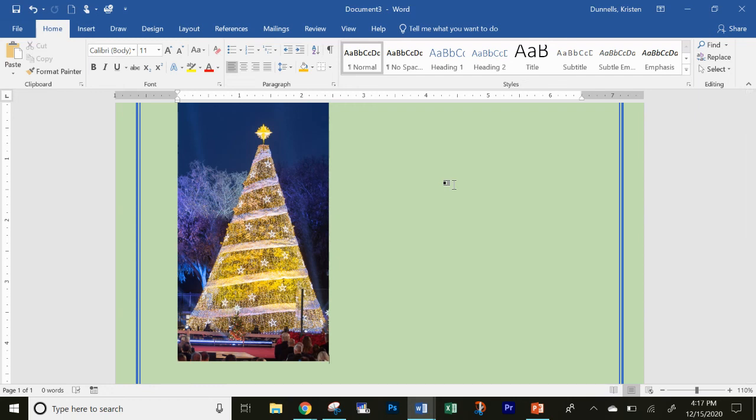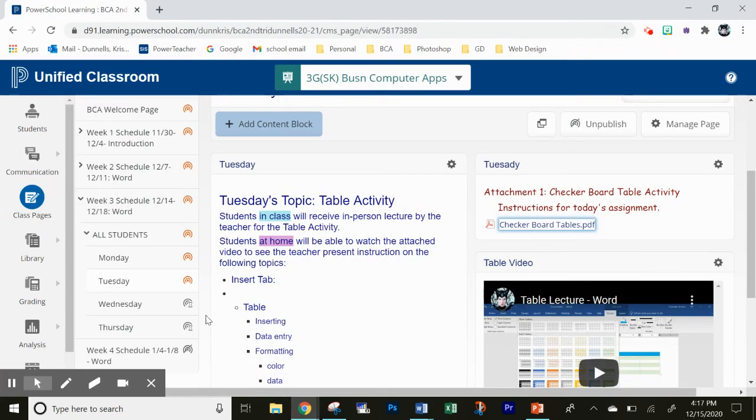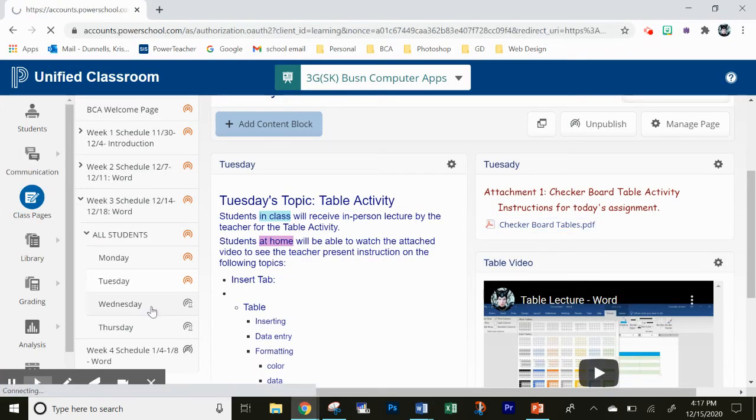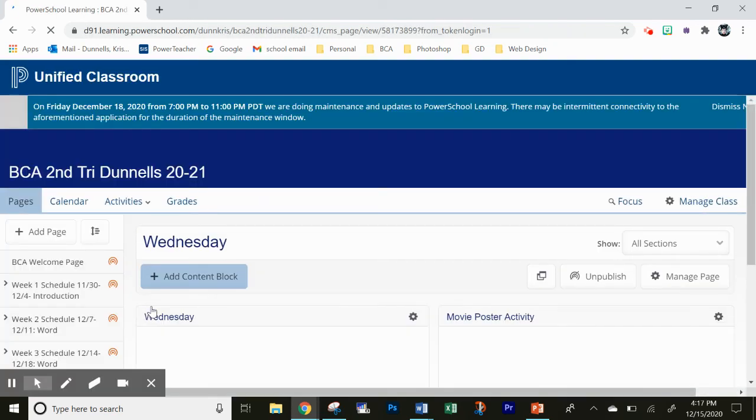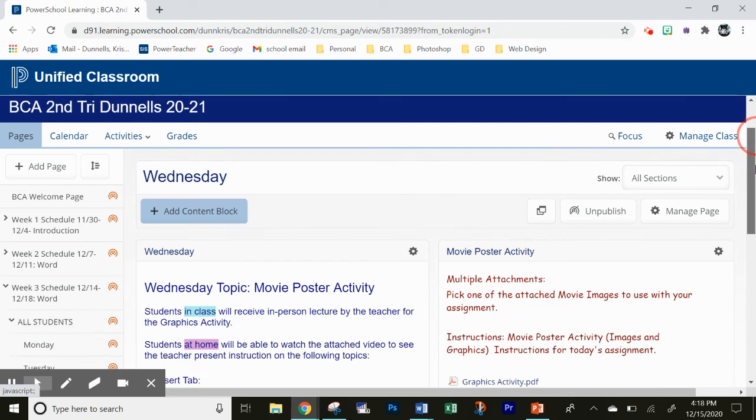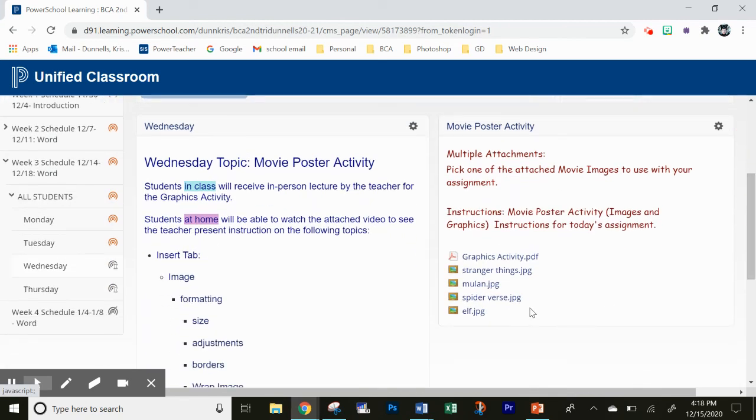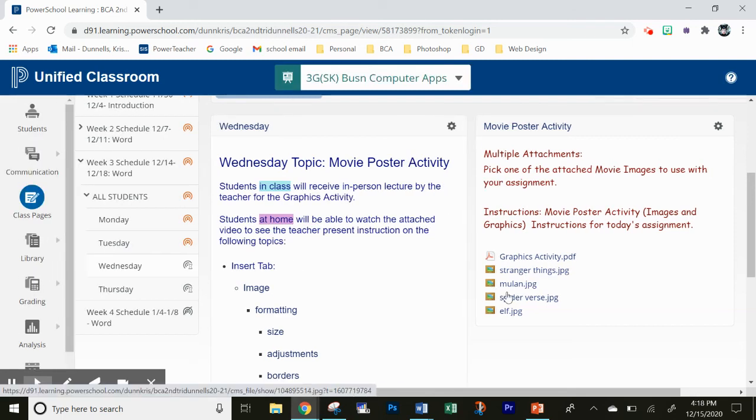You're going to be given a few pictures in Classroom. Let me go to it and show you on Wednesday. Okay, you're going to be given a couple attachments. There's a Stranger Things movie poster, a Mulan, Spider-Verse, or Elf. You only need to pick one. So if you choose Spider-Verse, you click on it. It's going to open,